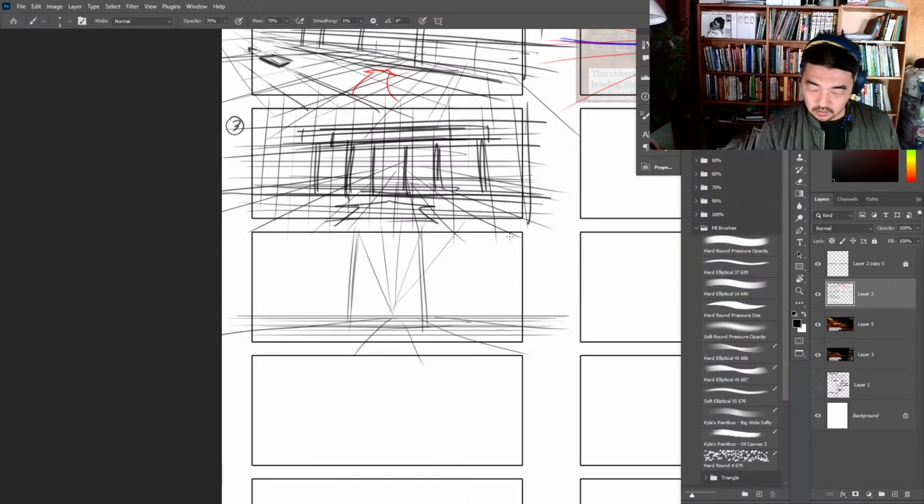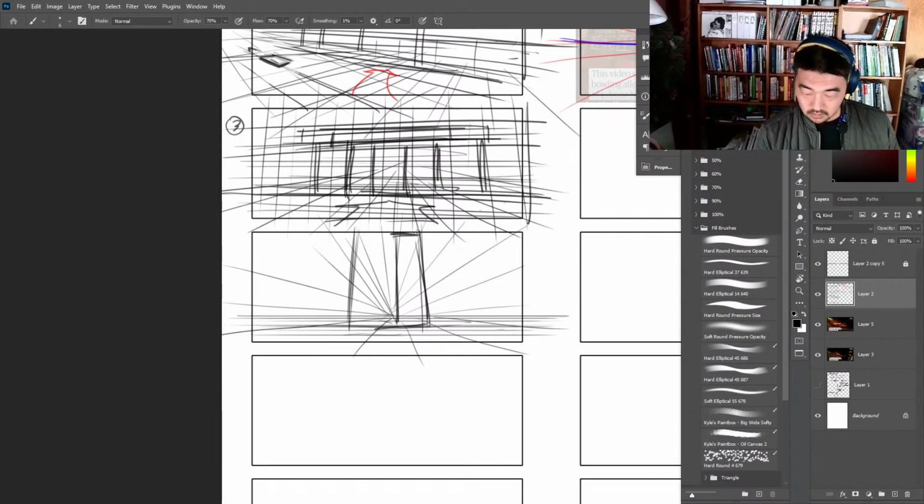Maybe I should figure out how to create a systematic approach to this. But a lot of this is just learning how to observe and learn how to make it look convincing.